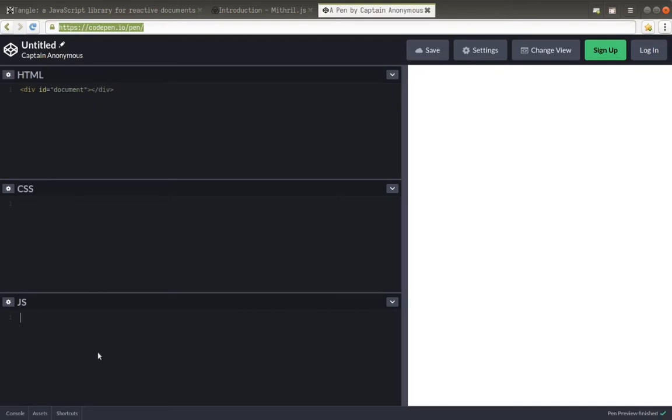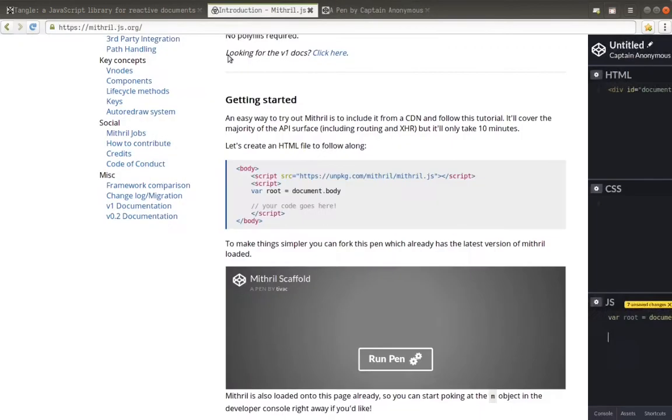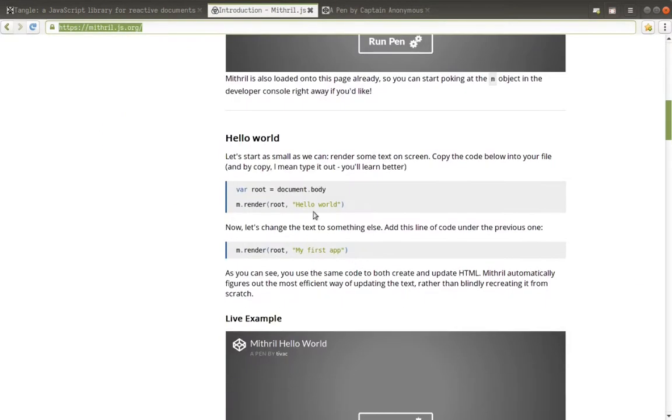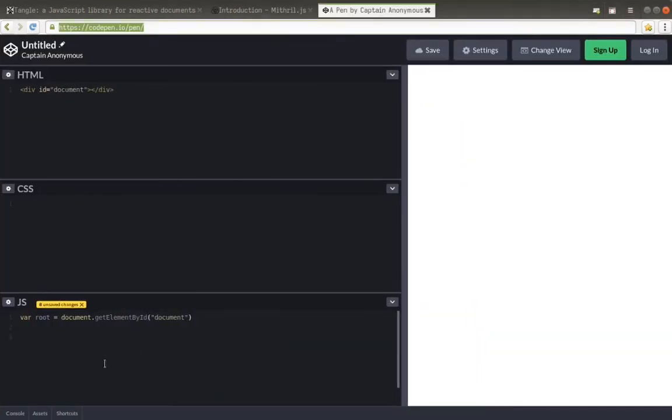And then in the JS section, we're going to just reference this, with document.getElementById. And then from here, we can do something very similar to what was done in the Hello World example, where they render root, except now that we're referencing an element, we can do this a little bit differently. What we're going to do is an m.mount based on root, and we are going to